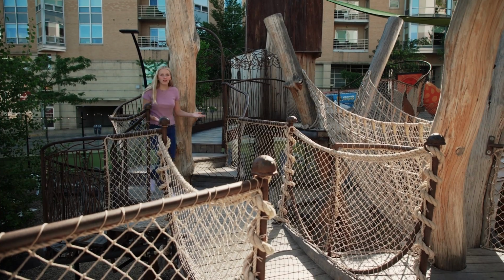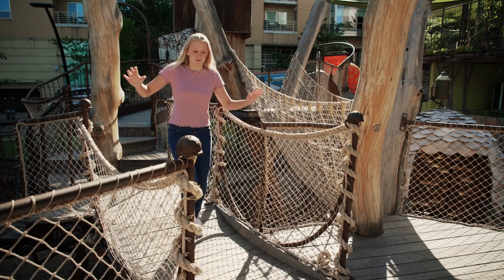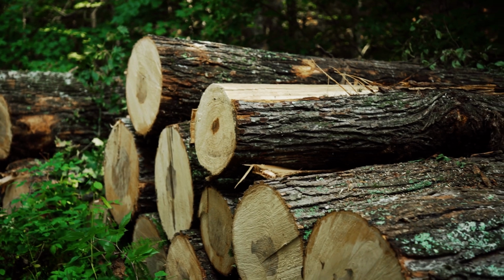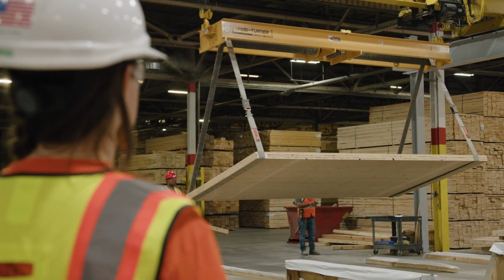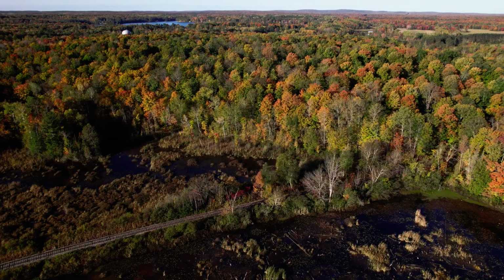Wood, like this, is an important part of our daily lives. And when we use it responsibly, it can be good for the forests. Today, we're going to learn how wood product markets help maintain forests, support local communities, and contribute to a healthier